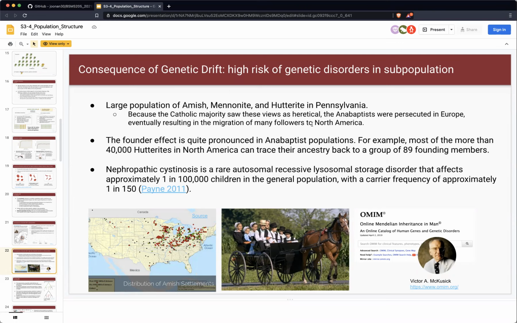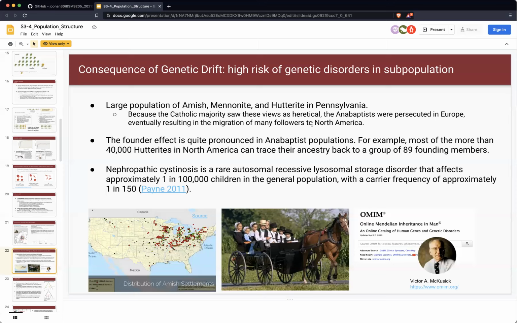But I think the religious issue is also a major force of human behavior, and also of migration in our history. So these Anabaptists also have quite unique cultural differences. They live in a segregated, isolated environment, and they only marry among themselves. They also start from a quite small number of founder population. So of course, after a few generations, they experience severe clinical conditions, right, or